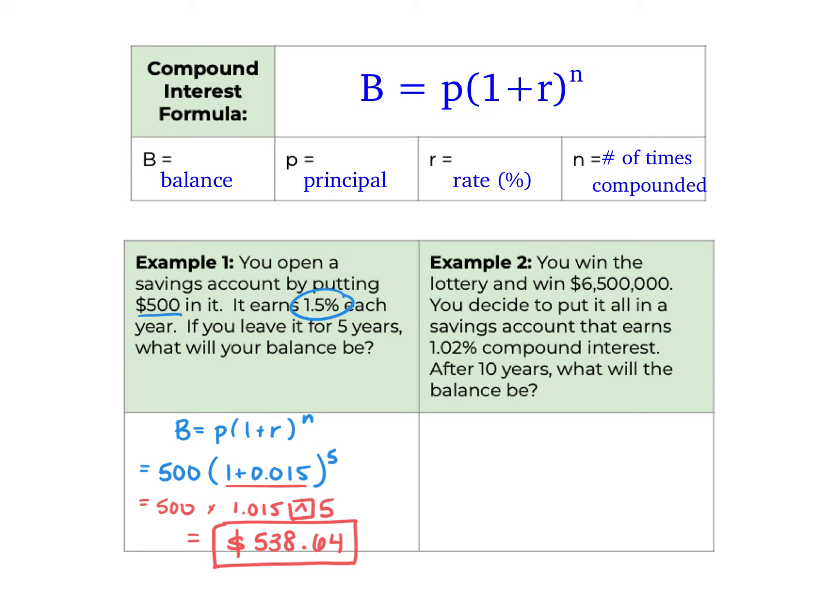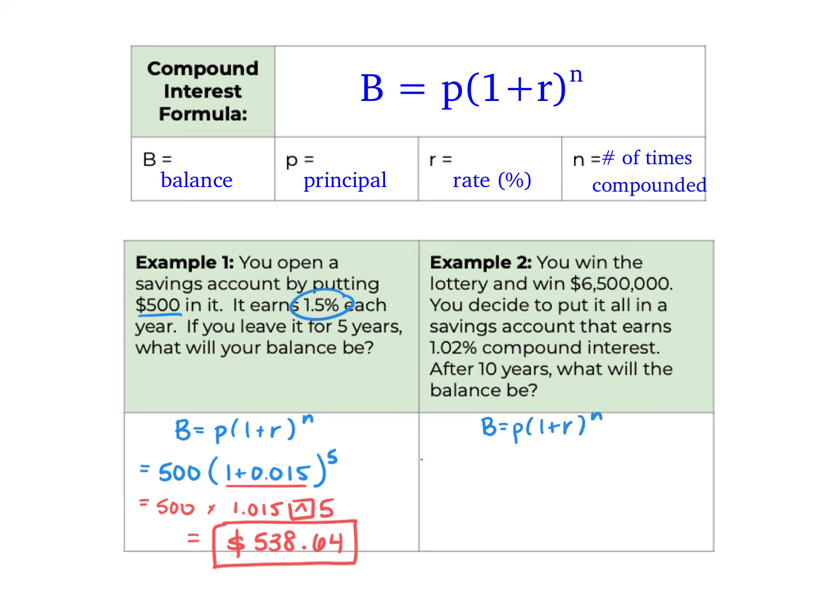Example 2 says you win the lottery and you win $6,500,000. You decide to put all of it into a savings account that earns 1.02% compound interest. After 10 years, what will the balance be? So again, we're still under the assumption that it's just compounded once a year. So as far as starting with my formula,